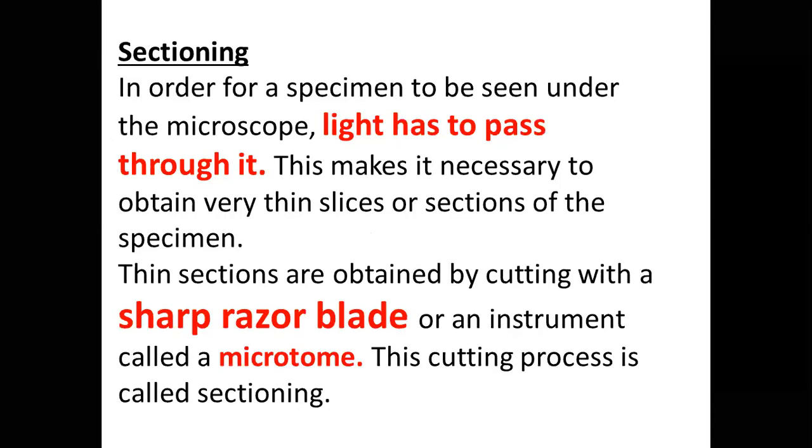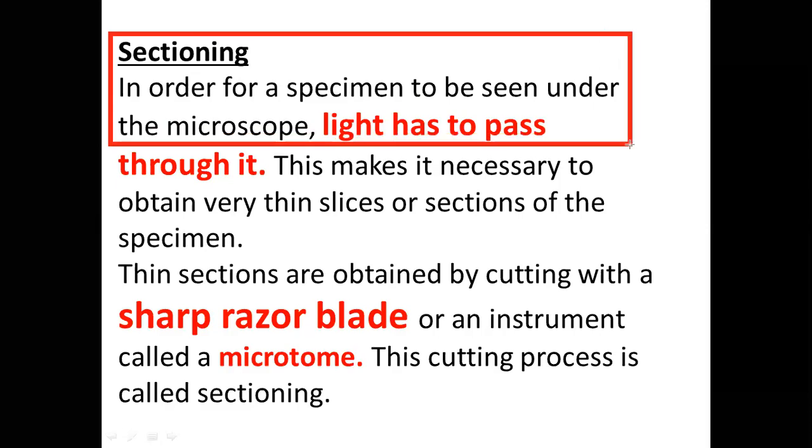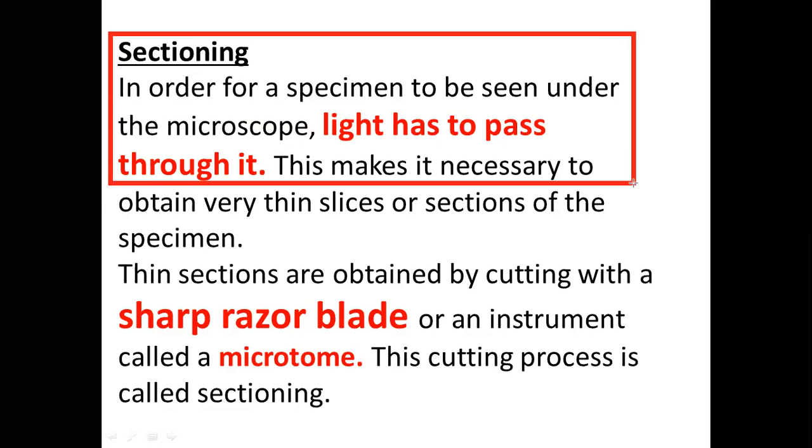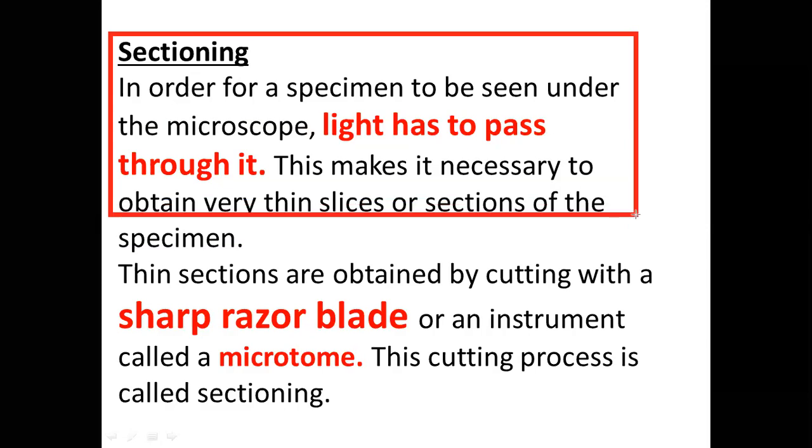Now there are some terms and techniques that I need to mention. The first one is sectioning. Now, sectioning is the first encounter, the first thing that you are faced with at the beginning. So in order for a specimen to be seen under a microscope, remember, light has to pass through it. That's why it is necessary for us to obtain very thin slices or sections